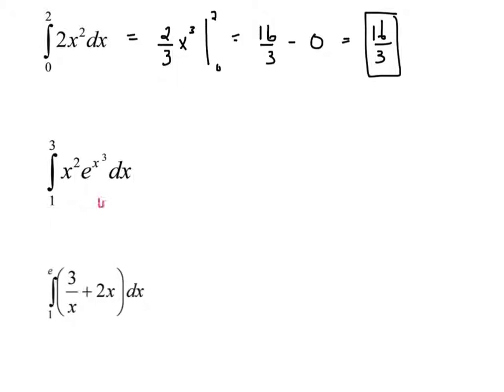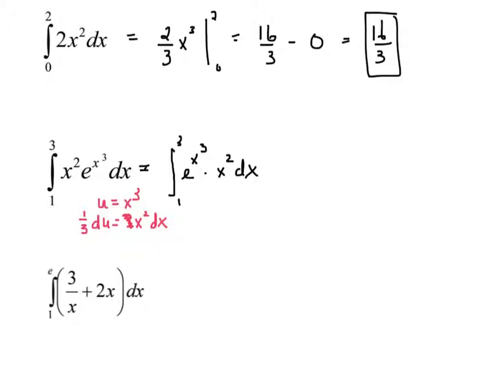I'm going to make u equal to x cubed. So then du is 3x squared dx. Now, at the beginning of doing substitution it's sometimes easier to rewrite with the u part first. So you've got this, just changing the order of the multiplication, because multiplication's commutative. So x squared multiplied by e to the x cubed is the same as e to the x cubed multiplied by x squared. Well, now going back down to my du, if I divide both sides by 3,